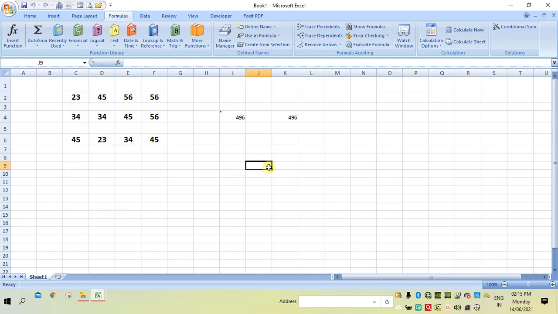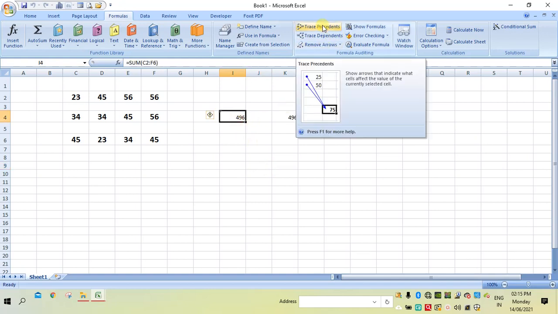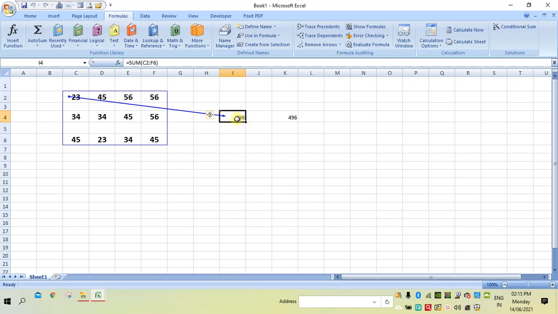So to know that, click on here and then select this one. So you will get the arrow mark. This value is because of these values. Whatever changes we make here will directly affect these cells. So to remove this arrow mark, click on here, Remove Arrows.